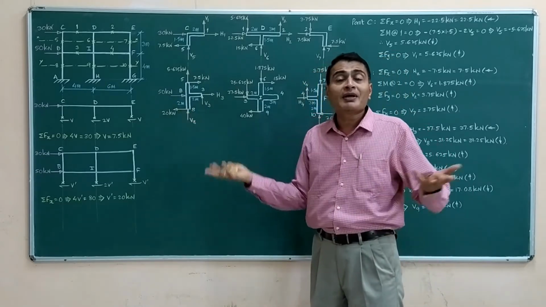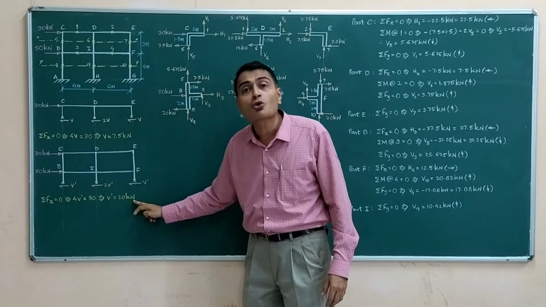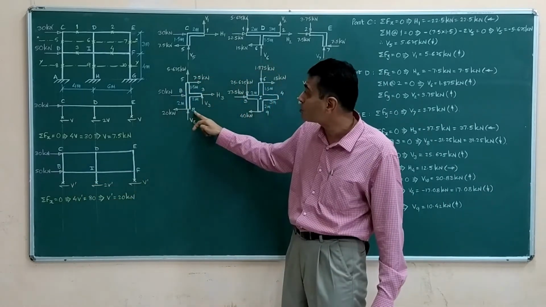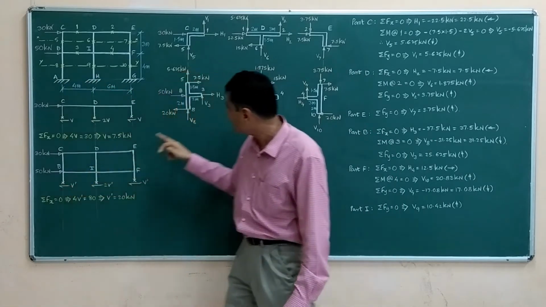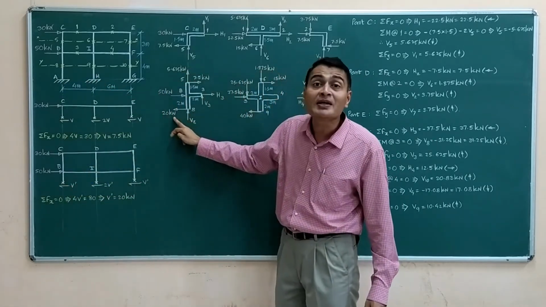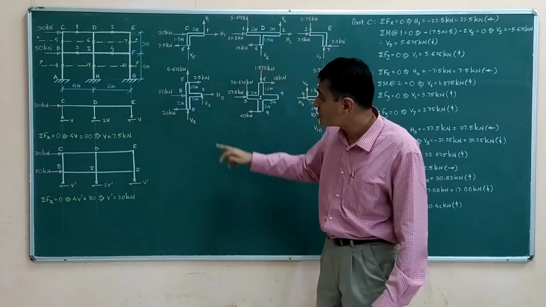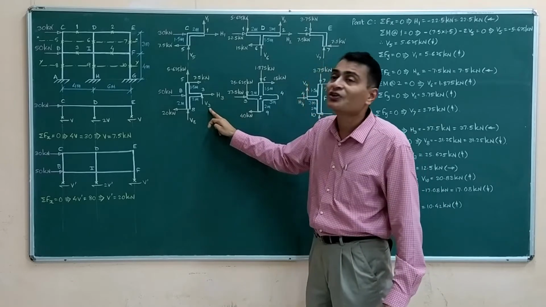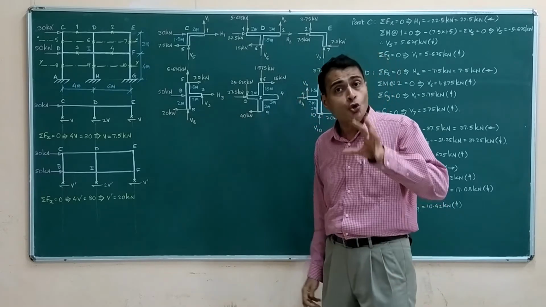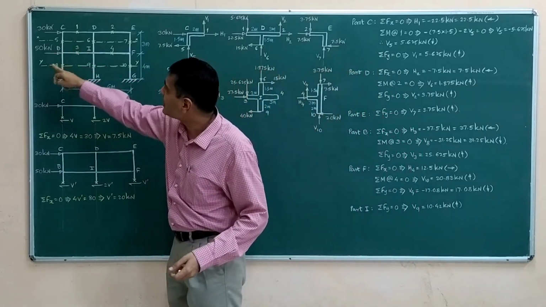This I am showing as 20. Again, where from am I getting this value? From here. V prime we have found out to be 20 kilonewtons, so that I am showing here. See, it is happening at the same joint 8, that I am showing 20 here leftwards. And then again I have only 3 unknowns, vertical at A, horizontal at 3, vertical at 3.